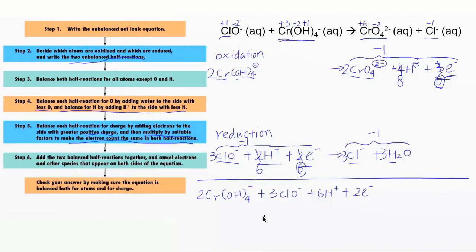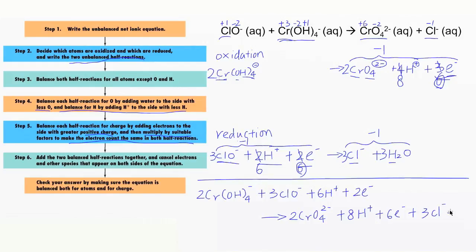Okay, so this is the reactant side. Product side, you have 2CrO4 2 minus plus 8 protons plus the 6 electrons